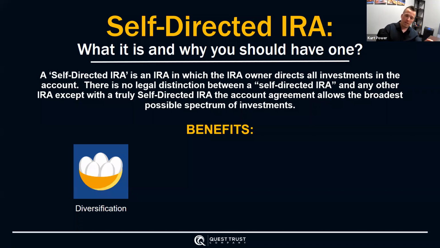You have your public investments at Charles Schwab and Fidelity. You have your private investments with a custodian like Quest. This will allow you to not only have diversification, but to better navigate any kind of market volatility, like we just experienced in the last year with the stock market going like this. If we have some stable assets on the other side of our portfolio, we're better prepared and better able to withstand the volatility that will inevitably happen at some point.